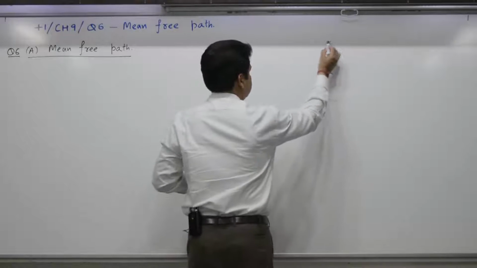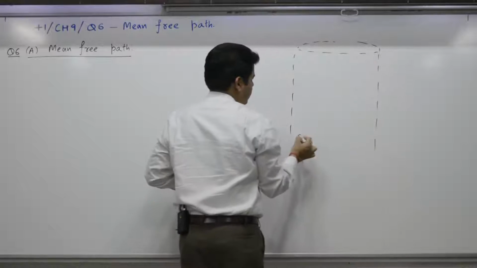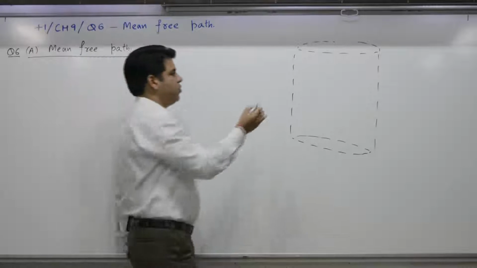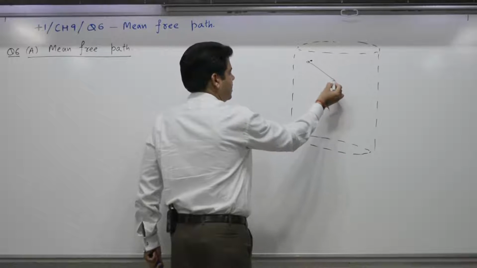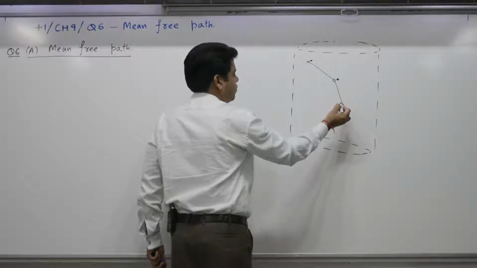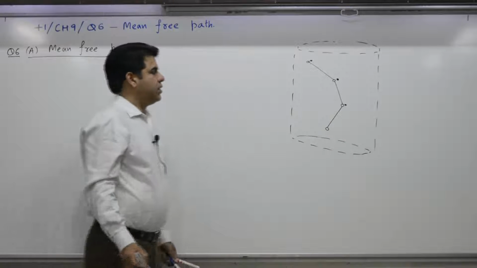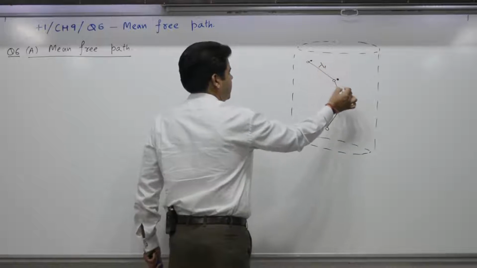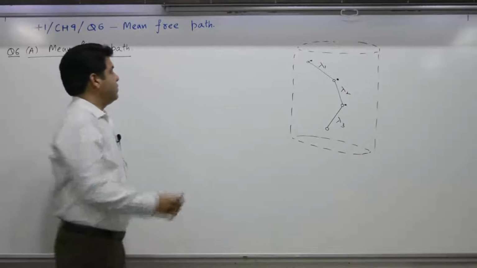In a cylinder, molecules follow a zigzag, random path. Molecule 1 collides with another molecule, covers some distance, then again collides with a second one, again there is a collision, and then it moves to a new position. Say the first path covered is lambda 1, the second is lambda 2, the third is lambda 3. So when you say free path